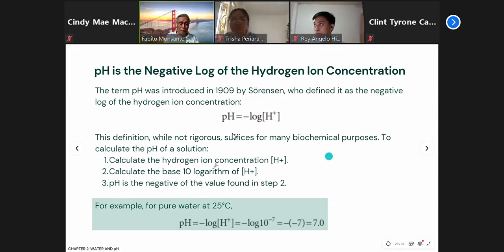All right. How to do that? 3 steps only. Calculate the hydrogen ion concentration, calculate the base 10 logarithm of your hydrogen ion concentration, and it is the negative value found in the second step. Okay, so all you have to know, of course, you know what is logarithm. You have passed this. Now, for example, pure water,